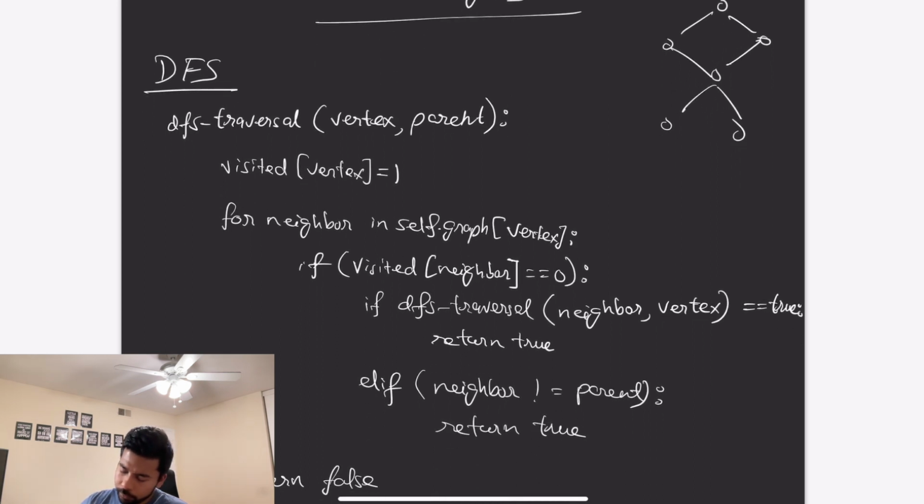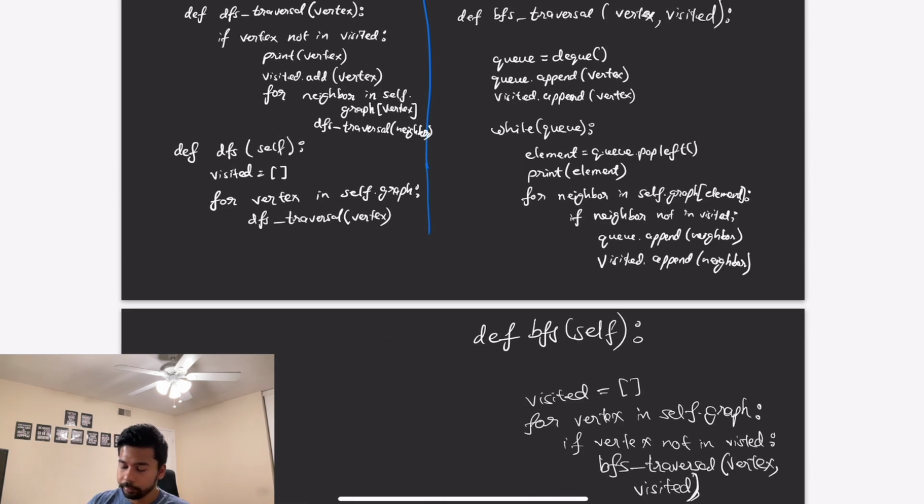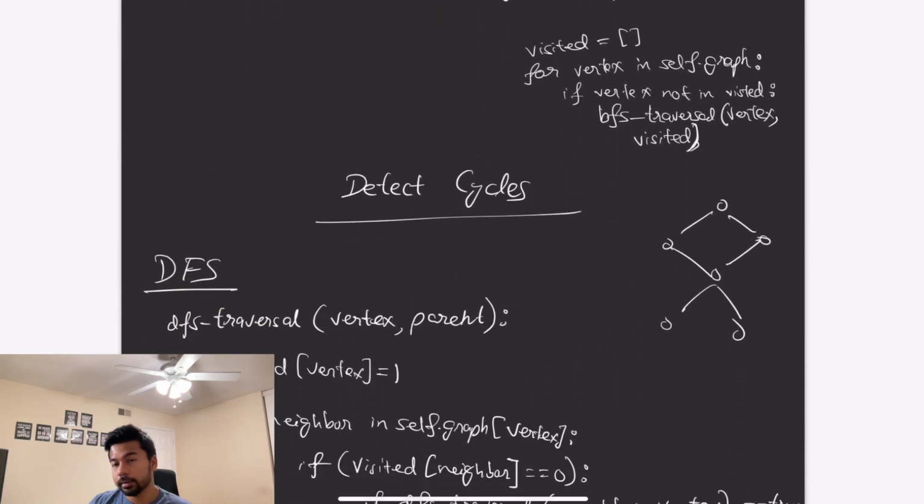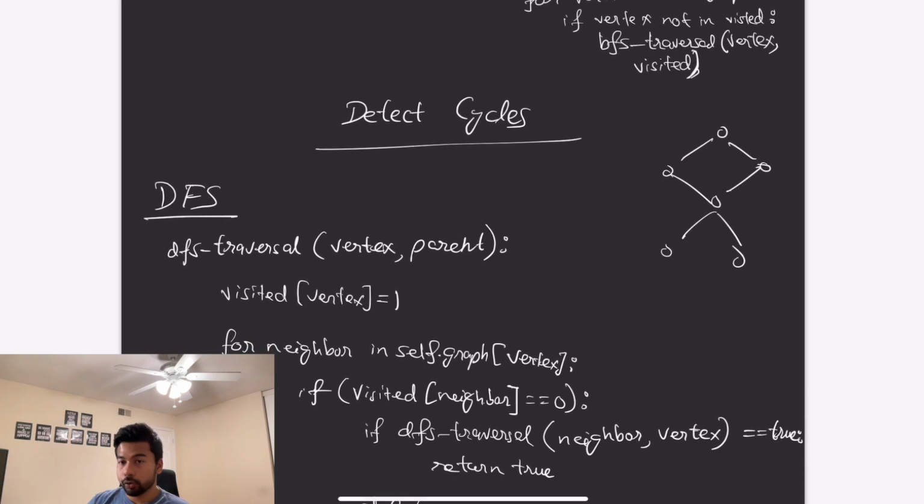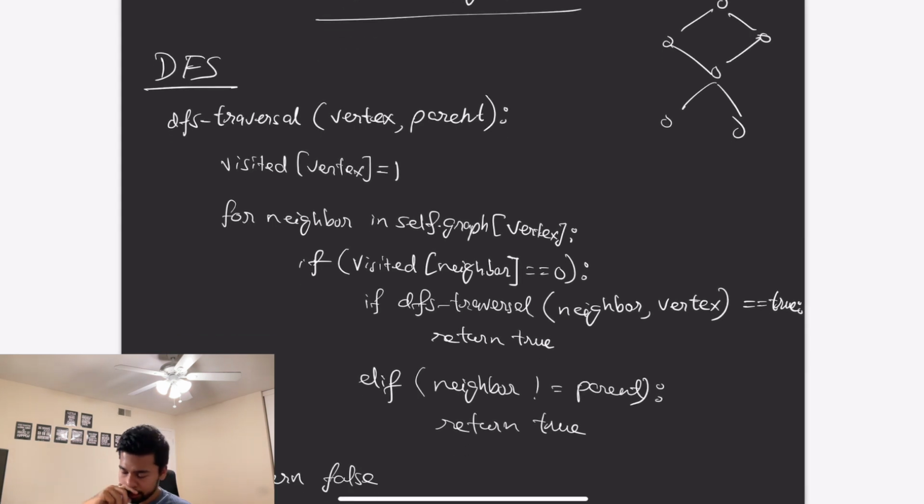So the same function, if it's not visited, you want to visit it, which is true. And we have hijacked our whole function using a return. So now the DFS traversal function returns if a cycle exists or not, which is a Boolean. So instead of printing the traversal, it now returns something. It returns true or it returns false, detecting, because you've hijacked the recursion using the true and the false, right? So what happens is